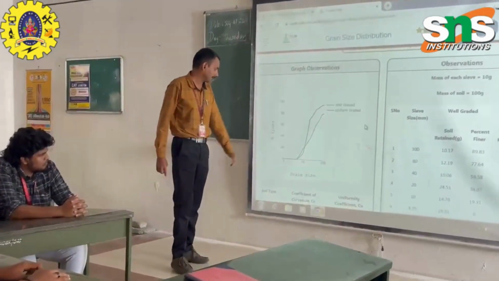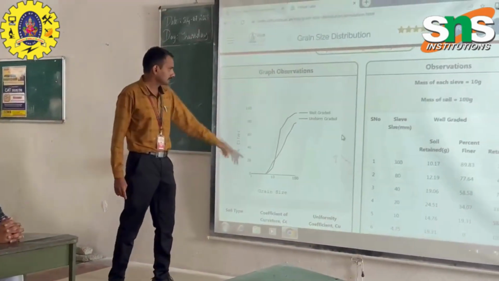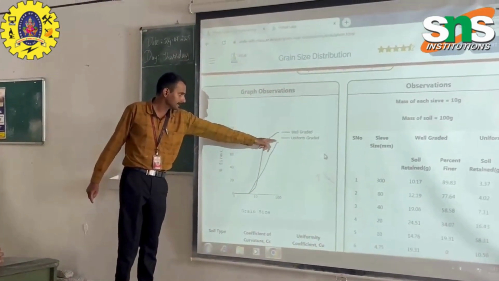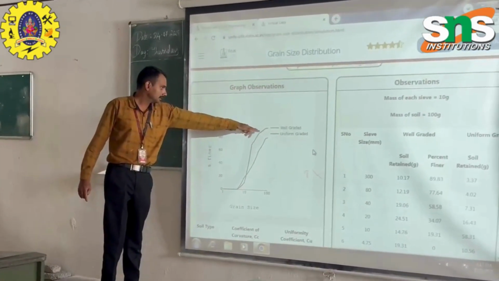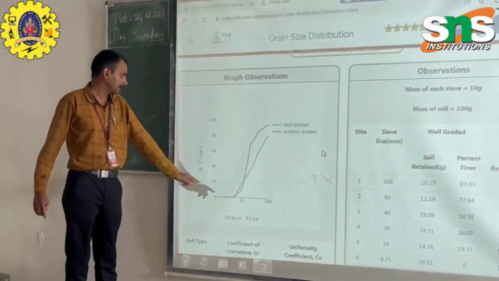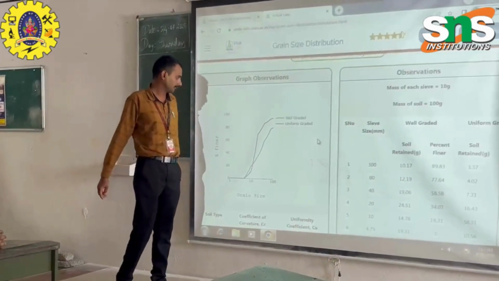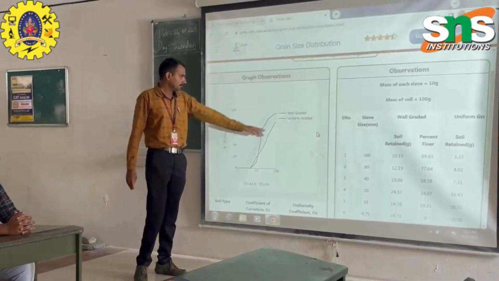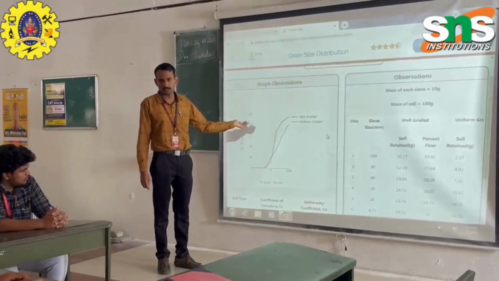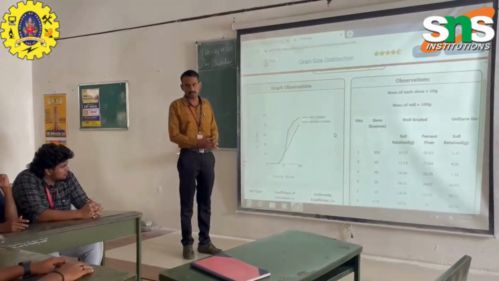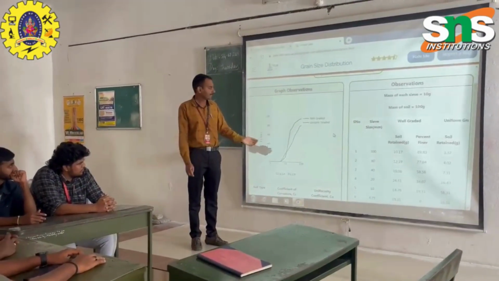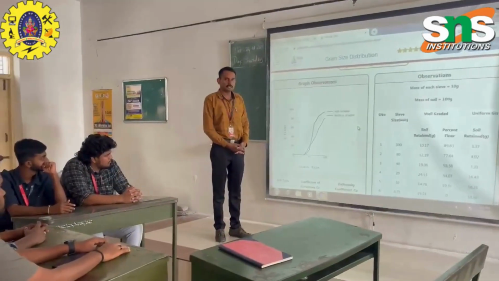So this is the gradation graph. The blue line represents the well-graded soil and the brown line represents uniformly graded soil. The difference between well-graded and uniformly graded is that well-graded contains soil particles of different sizes in equal proportions, whereas uniformly graded soil contains